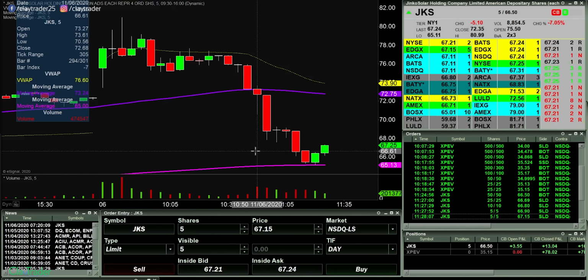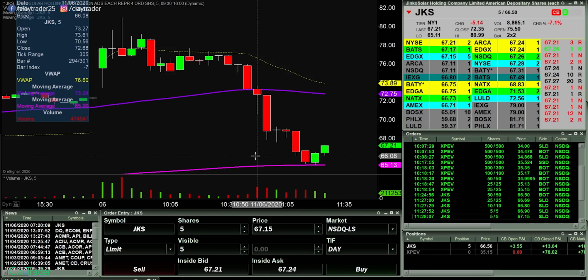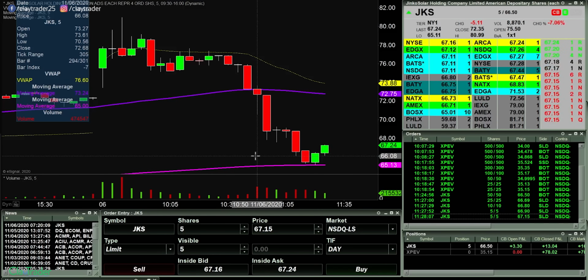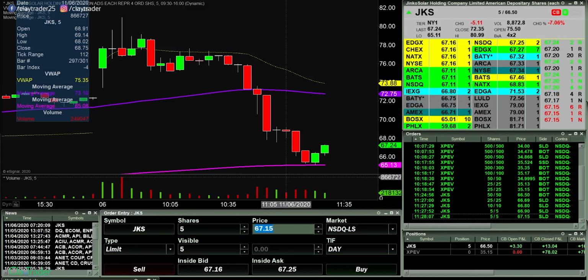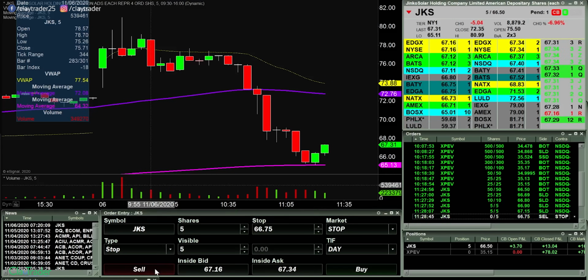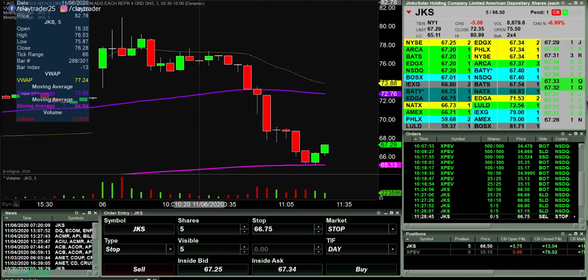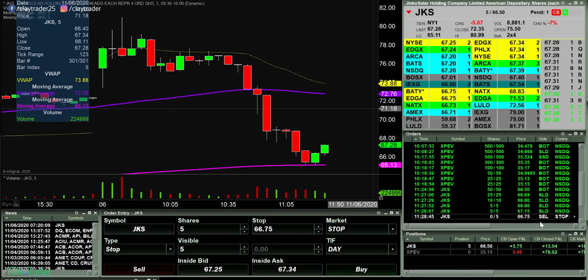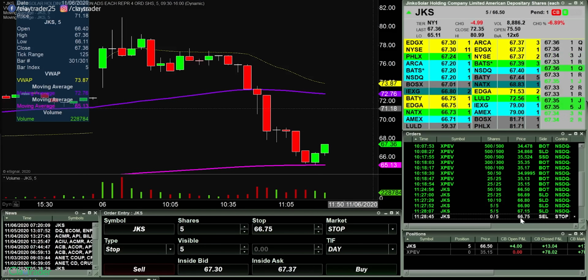And now let's do this. Let's practice just with the stop loss. So I'm going to put my stop loss right there at $66.75. And I'm not saying that's a good stop loss, but now I'm getting practice. So stop and then sell. Now I'm getting the feel of what it's like to watch a stop loss, put a stop loss in. Meaning if the price comes down to $66.75, I will be taken out with a profit for the remainder of my shares.